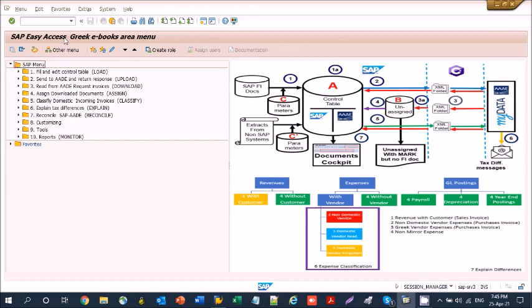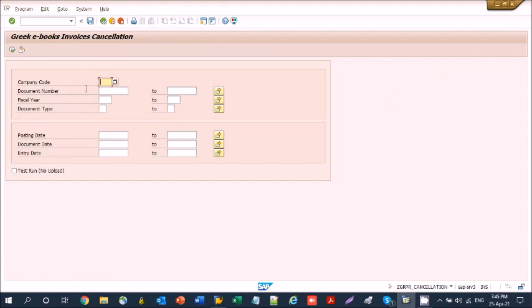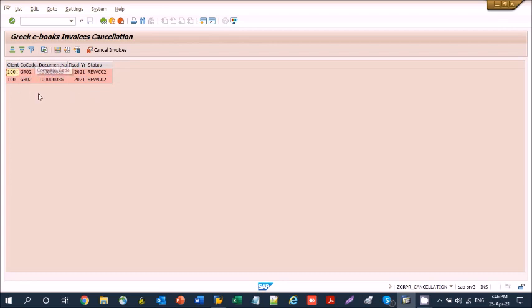Then I have to run the cancellation program. It has identified the document number, and then I have to cancel the invoice.